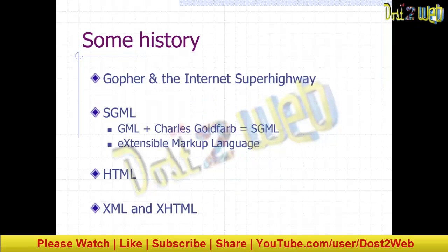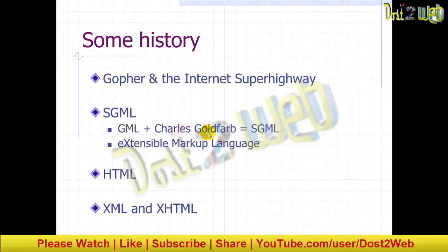So some history about HTML, how it has come, www. Earlier there was something called Gopher and the Internet Superhighway. Then after that came SGML. SGML is Standard Generalized Markup Language, by Charles Goldfarb.